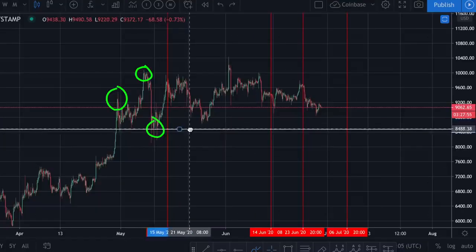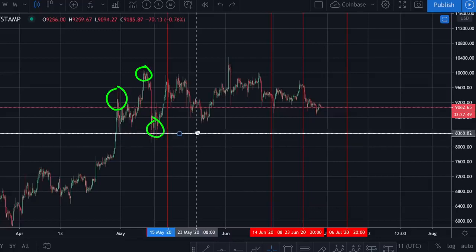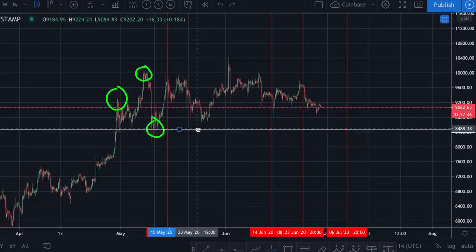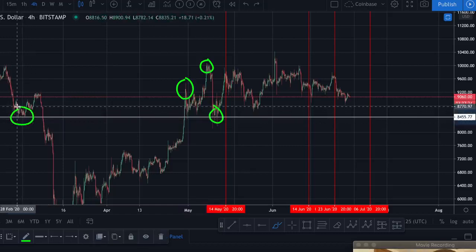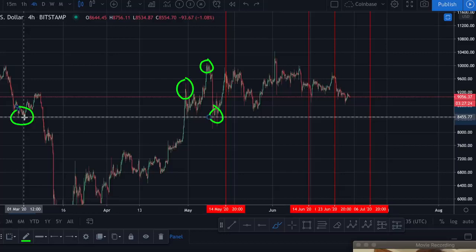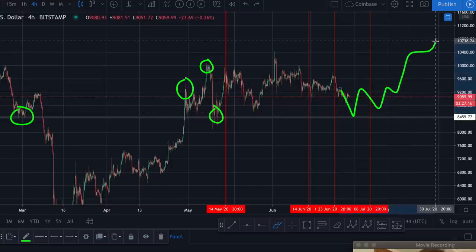$8,500. If you were to calculate the wick, the lowest wick is actually all the way down to 8.1, but I am going to focus first on this level, because zooming out we can see some previous significance at this specific level from way back here in February. So 8,450, that is my level to watch, and as long as Bitcoin is above this level, I still think it's possible that Bitcoin is in a bullish trajectory.